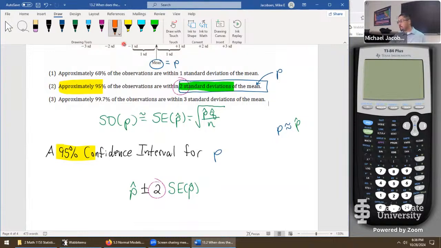We call this portion, the part that we're adding and subtracting, the margin of error. This is one of those unfortunate election years that we're getting blasted by a whole bunch of stuff in the news and the media about statistics. So if you hear margin of error, that's what they're talking about if they're dealing with proportions, which they often are, because a success might mean you're voting for one candidate, a failure is you're voting for another. That's this exact model right here, measuring proportions. So if you hear margin of error, that's how we're estimating the error in that estimate right there, finally. It took just 11 weeks to get to that point.